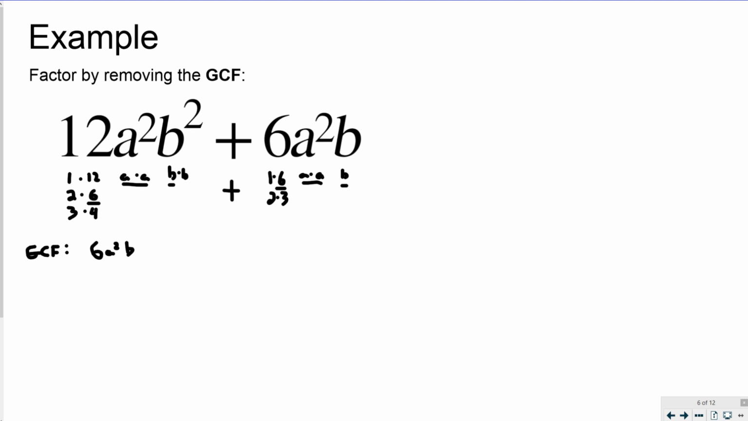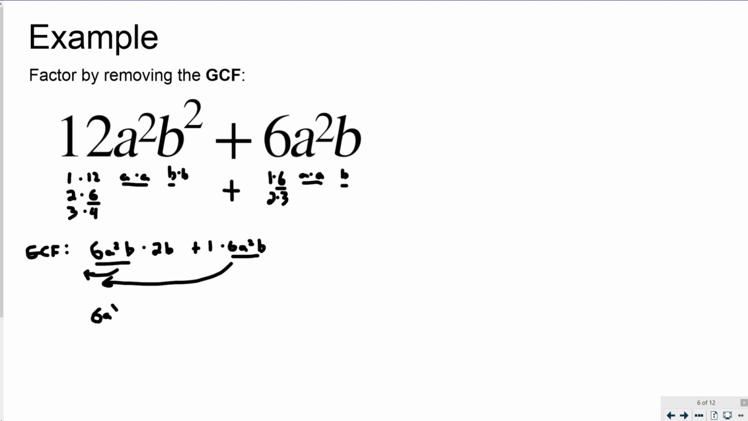And so if I write that, I can rewrite the expression as a product of the GCF times what's left here, which is a 2B, plus what's left over here is a 1, and that is multiplied by the GCF. So when I reverse distribute these, this is coming out and this is coming out, when I reverse distribute them, I get